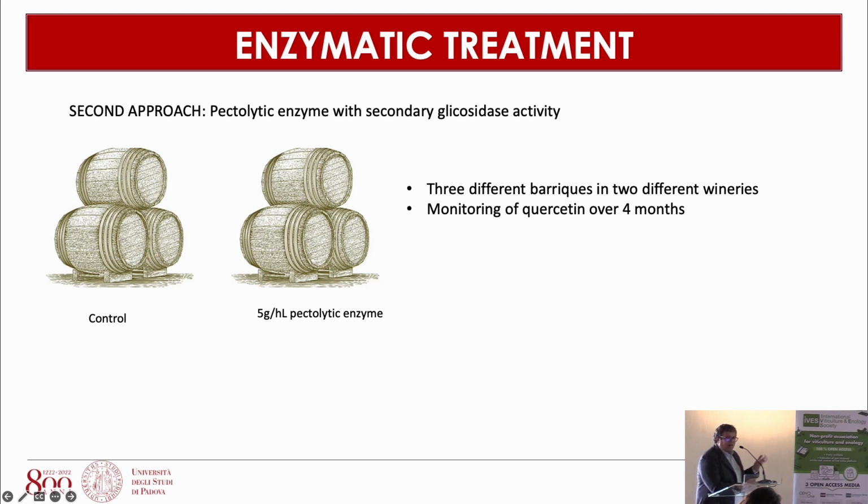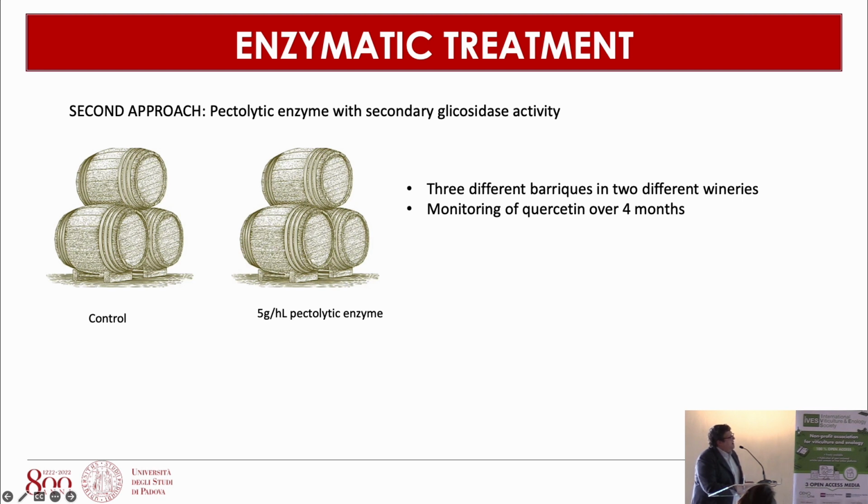We tried different enzymatic preparations, just pectolytic enzymes. We know that OIV allows only glucanase and pectolytic enzymes, but pectolytic enzymes can have secondary activity. And we were lucky. We found a very good enzymatic preparation. So we tried in barrique,